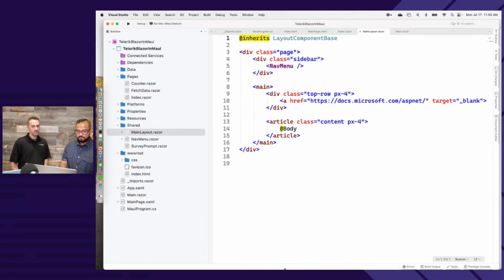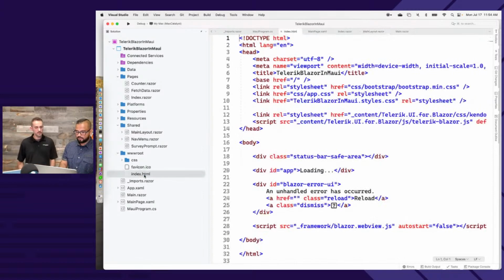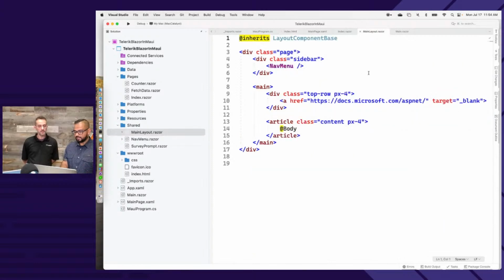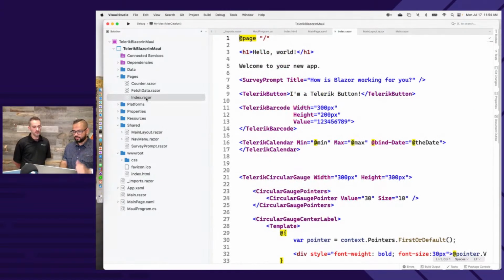Exactly. So in my index.html, if you look at all of the stuff that's booting up my app, this is where your entire app is being loaded up. Very similar idea to what Angular or React will do. One div tag in which your entire app renders, and that's what Blazor is doing here. So once everything is done, your MainLayout is going to come in and say, okay, I know routing. I know the first Blazor component to load up. I'm good to go now. And then by default, it goes to Index.razor. You can actually change where it goes.